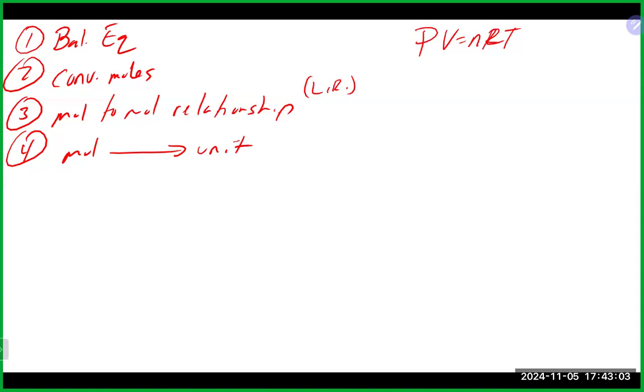But where you would use the ideal gas law is one of two places. Up front in the calculation, you would use it to figure out moles. So most likely you would solve for moles, which would be PV over RT. Probably the other most common place that we use the ideal gas law is at the very end of the problem. So instead of a normal stoichiometry problem where we take the moles and convert them to grams to figure out, for example, how many grams we produce, a lot of times with gases, we're interested in how much volume of the gas we collected. So very commonly solving for volume at the end using the ideal gas law